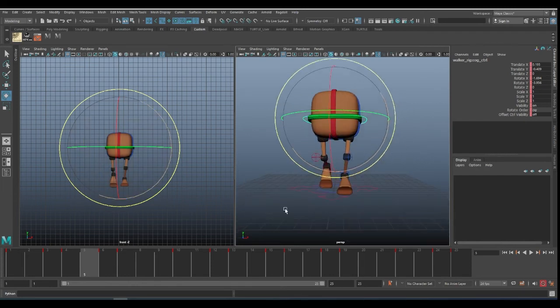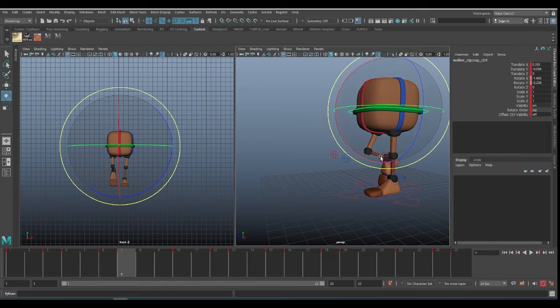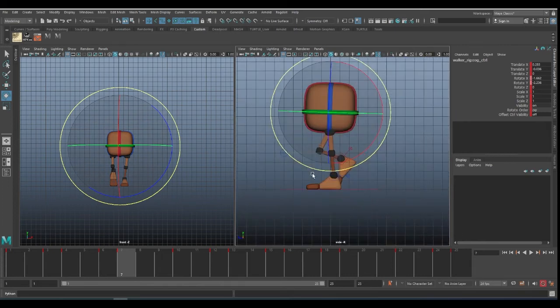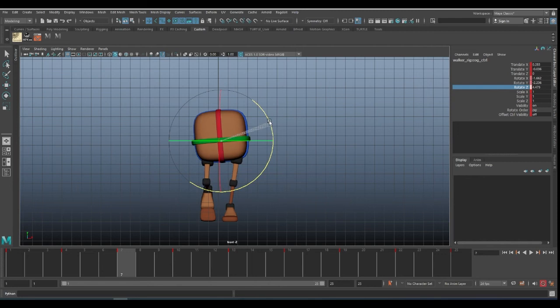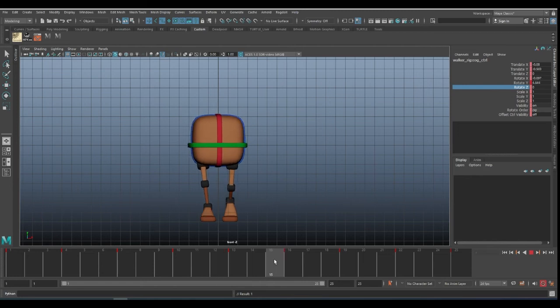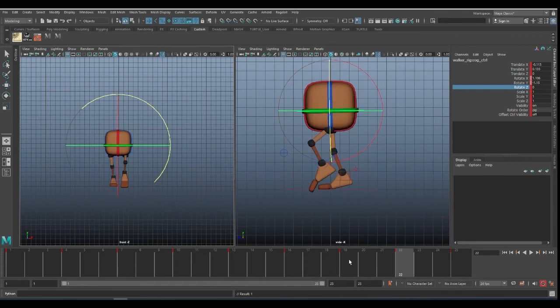So when the character comes into the passing pose, for example on this frame, you can see the whole weight is on the left leg, so obviously the hip should rotate in the opposite direction like this. We can just have Z rotation here, same way the opposite passing pose